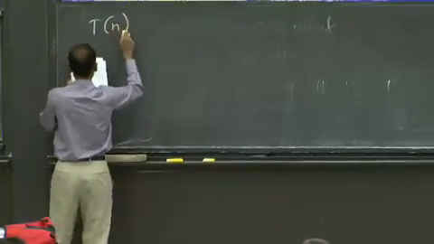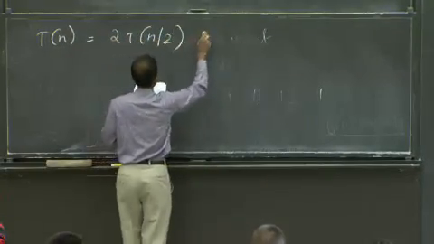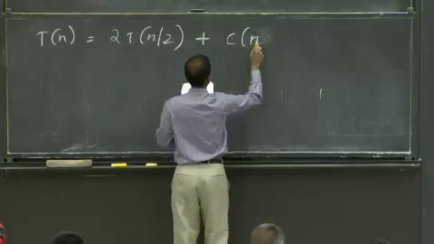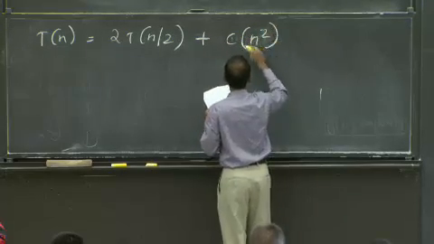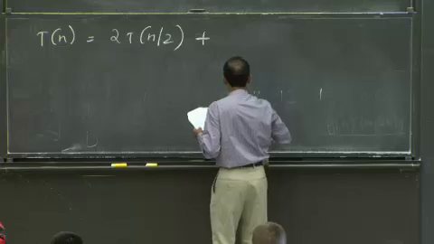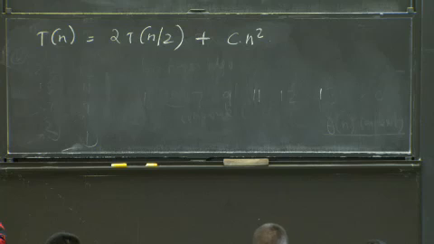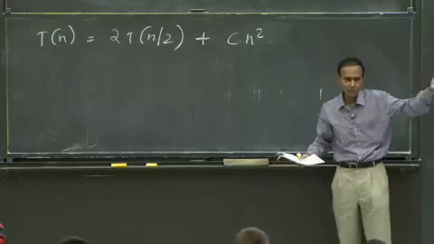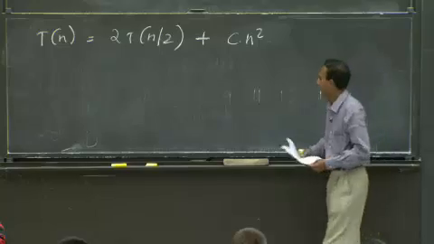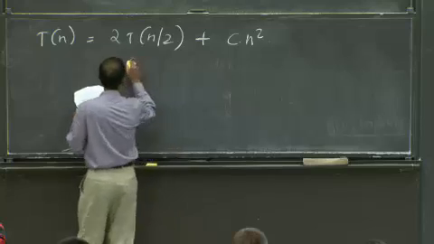So let's take a look at T(n) = 2T(n/2) + cn². Okay, c times n squared. So constant c times n squared. So if you had a crummy merge routine and it was taking n squared and you coded it up wrong, it's not a great motivation for this recurrence, but it is a way this recurrence could have come up. All right, so what does this recursive tree look like?